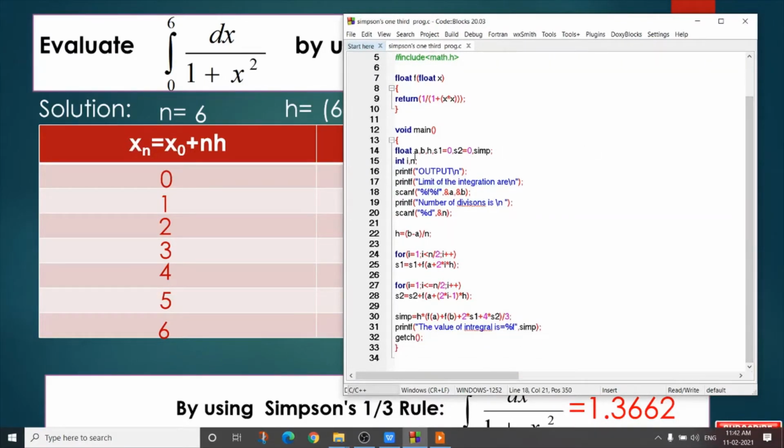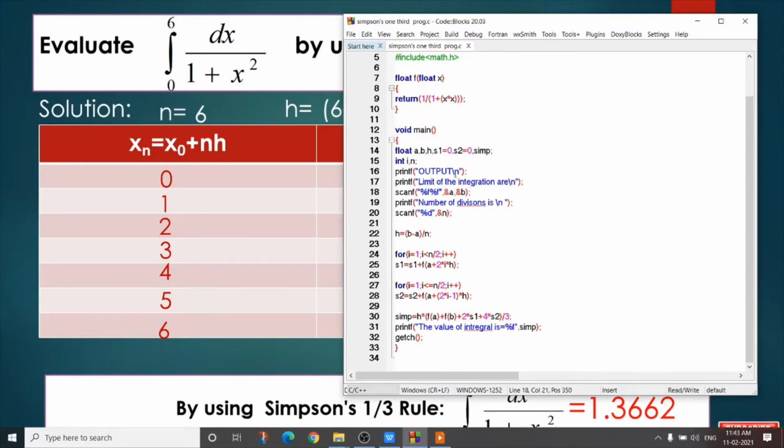Now come to void main. Here I declare some variables. Two variables are there, s1 and s2. Both are type float, and I initialize s1 and s2 as 0. Now take the limit of integration. Here the lower limit is 0 and the upper limit is 6.